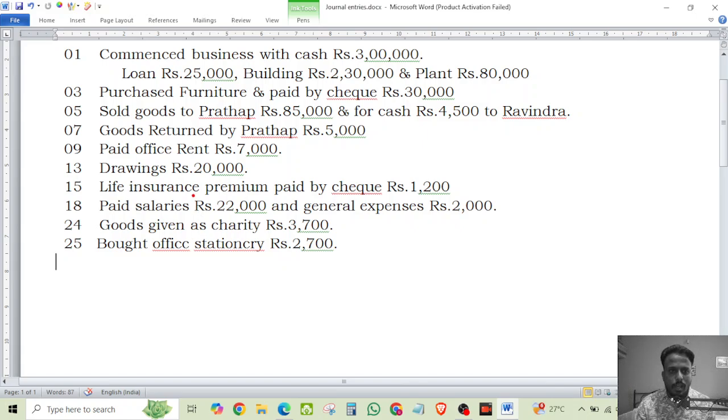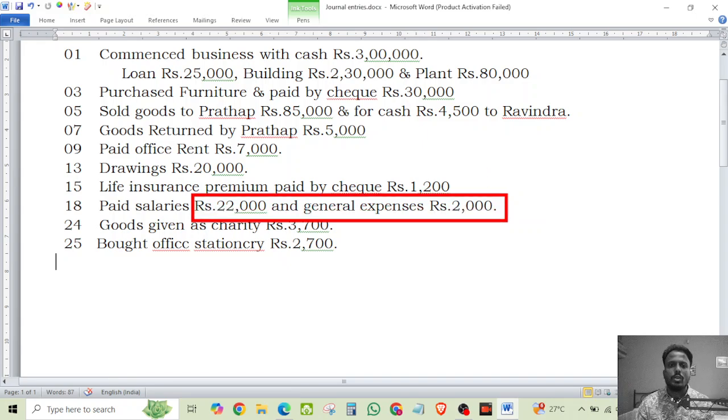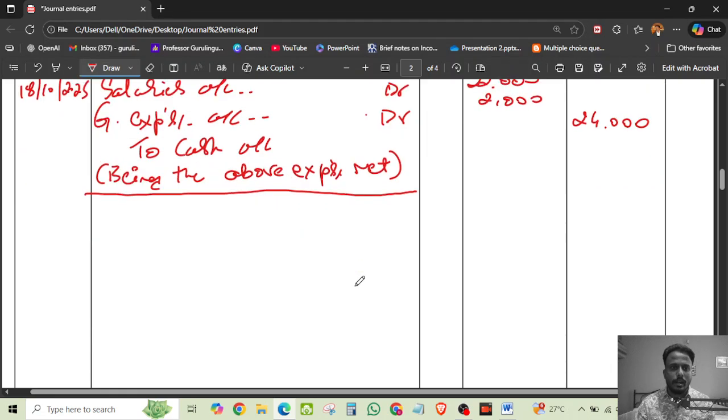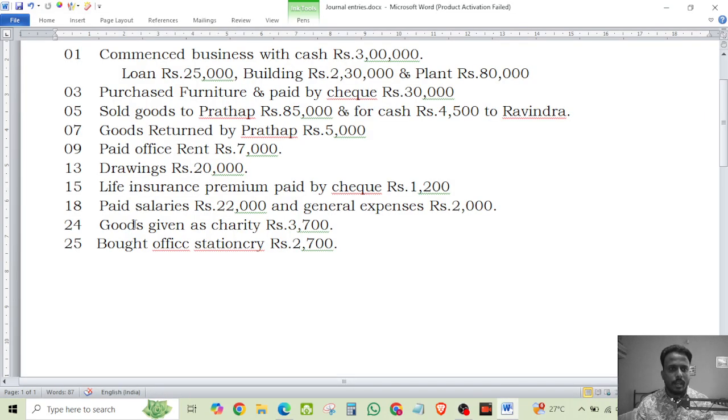The amount of salary and general expenses given here is 22,000 and 2,000, both are debit entries. You might have noticed that I had written it wrong, because both the expenses are to be debited; these are nominal, or any expenses are called nominal. So 24,000 is credited. After the 18th journal entry, now it's time to pass the next entry, that is goods